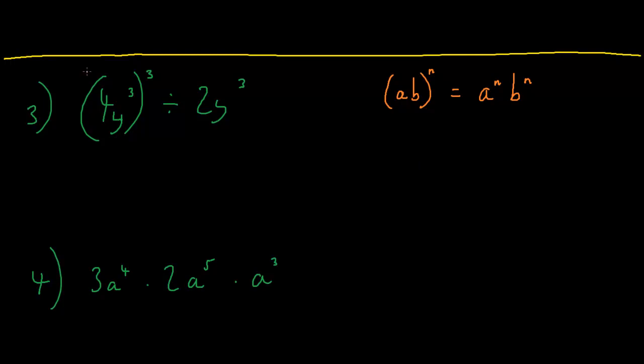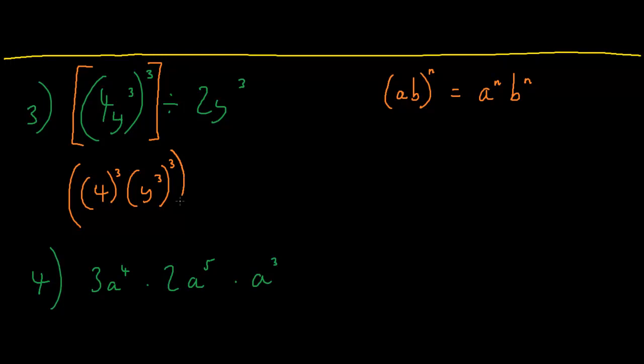Knowing this, we can transform this part of the equation into, in brackets, 4 to the power of 3 multiplied by y to the power of 3 to the power of 3. So we'll do this and we'll divide this expression here by 2y to the power of 3. If we do that, we get equals